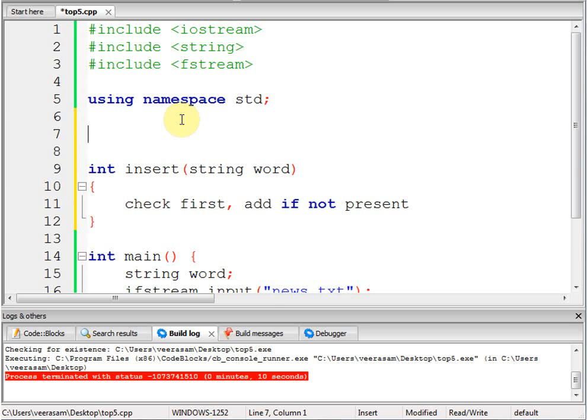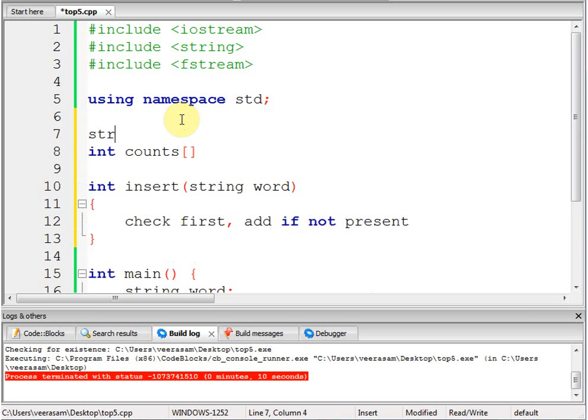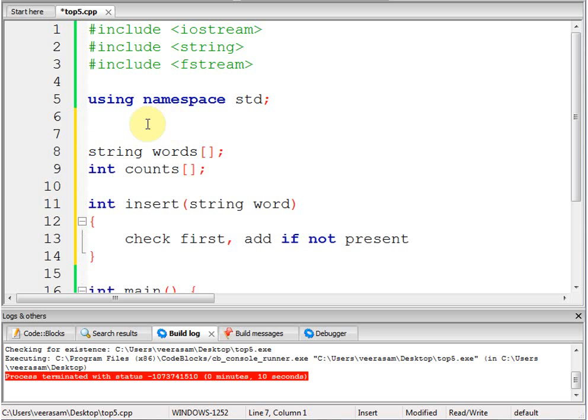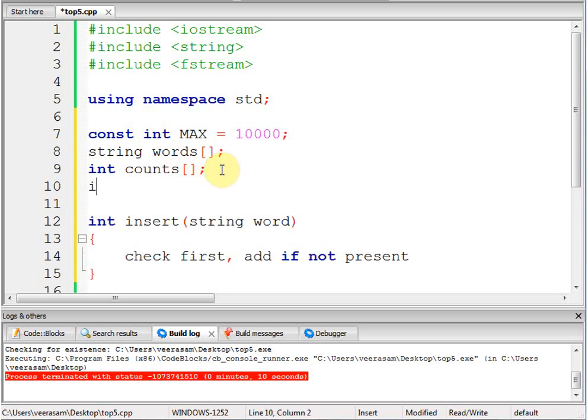So the count array and the int counts. We have to assume the maximum number of words, right? Maximum number of words, or we have to dynamically expand both arrays as needed. Okay, so we are going to keep it simple this time. So we are going to assume 10,000 words, for example, let's say, and we are going to have the actual